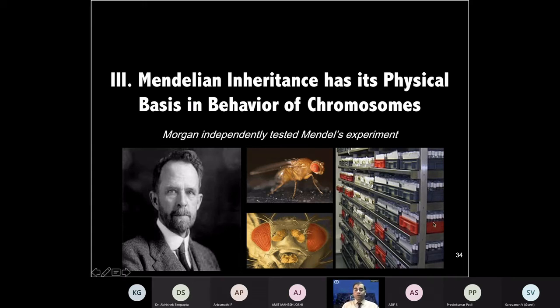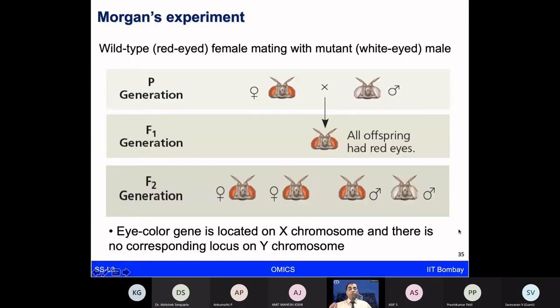Drosophila. Just to tell you, there are a lot of scientists who do research in Drosophila, and there are good stocks which are maintained. Even one IIT Kanpur faculty member, Dr. Sinha, does a lot of work on Drosophila genetics. So there are good cultures available for doing this. But long back, when Morgan did the experiment, he was looking at how to replicate Mendel's experiment. Mendel did it on plants, but now, can I do something on insects and the animal system? So now he was looking at